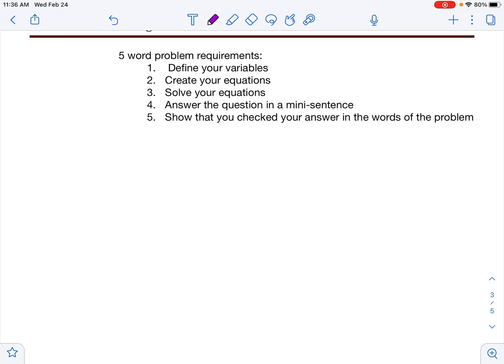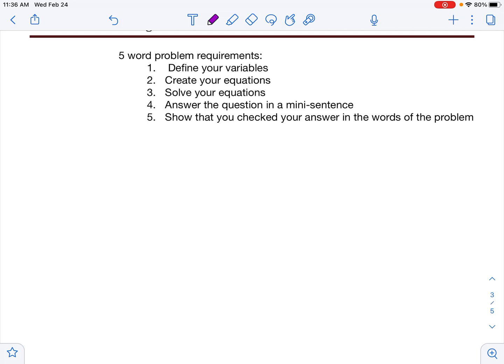Then you need to create your equation or equations. In other words, no, you cannot guess and check. Then you need to solve those equations and actually get a solution. The solution's not always going to be the answer. You want to read the problem correctly and carefully, and then you want to answer the question in a mini